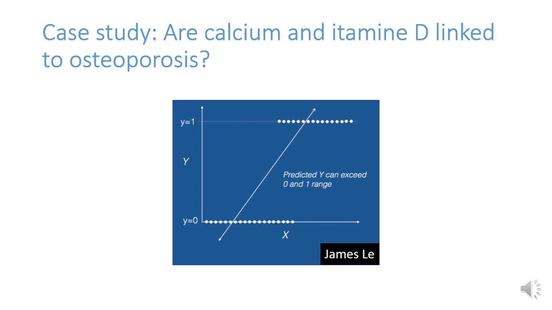So 0 near the bottom and 1 at the top. This kind of response variable is called binary because it can only have 0 or 1 values. Since it's a binary response variable, all the values would clump in these two neat lines, the top and the bottom,